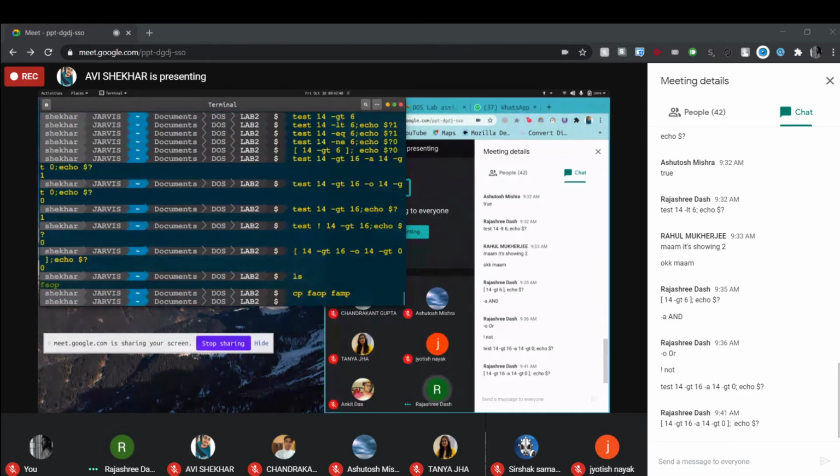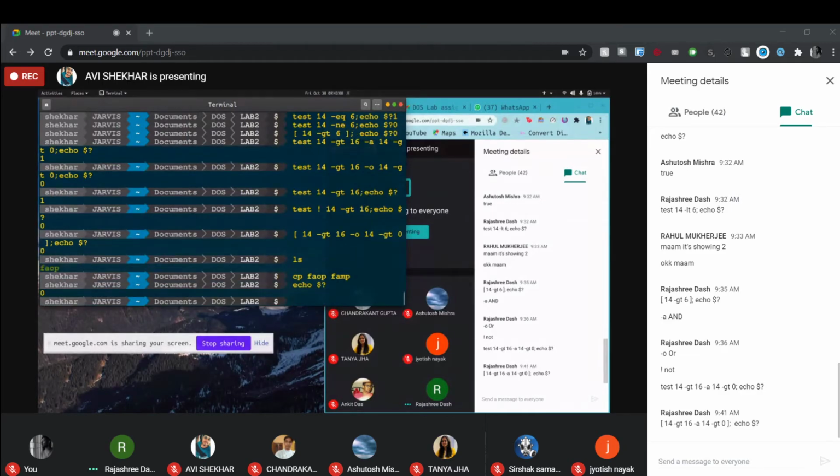Enter. Now here you have not got any output. It has copied. Now to check the exit status of that cp command, you write echo dollar question mark. Enter.